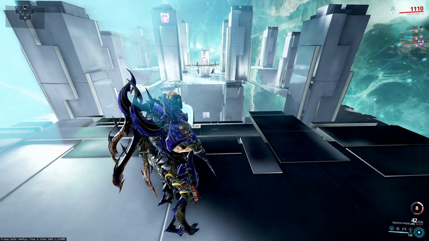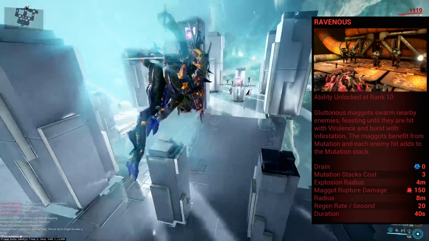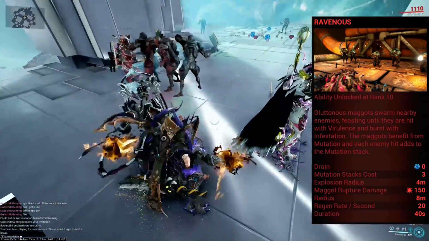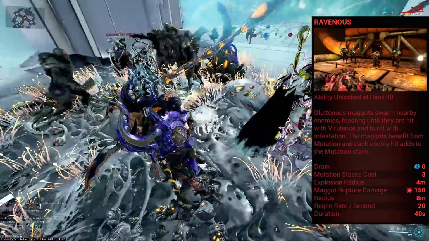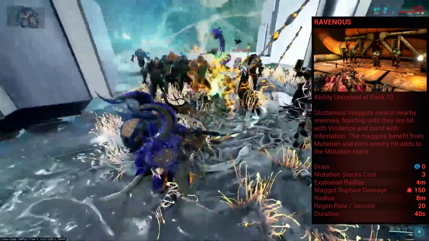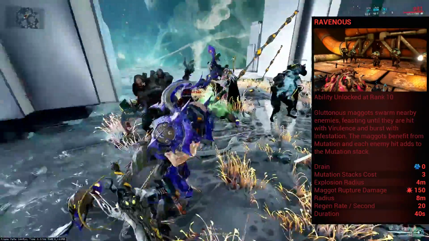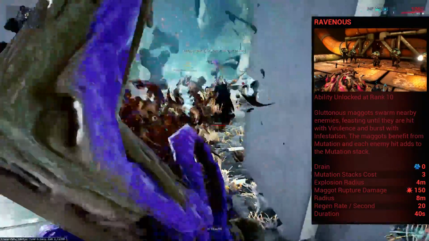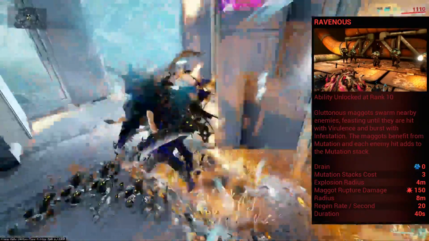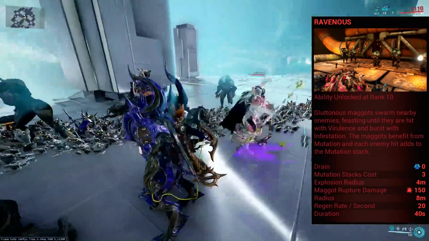Ravenous is Nidus's 4. Nidus will consume 3 stacks of his mutation to spawn a large area of clumped, massy, infested stuff within an 8-meter radius around him, which will last for 40 seconds and regenerate 20 health per second to anyone stood in it. This area will also then spawn eggs that will hatch up to 9 maggots. These maggots will leap towards nearby enemies and stun them